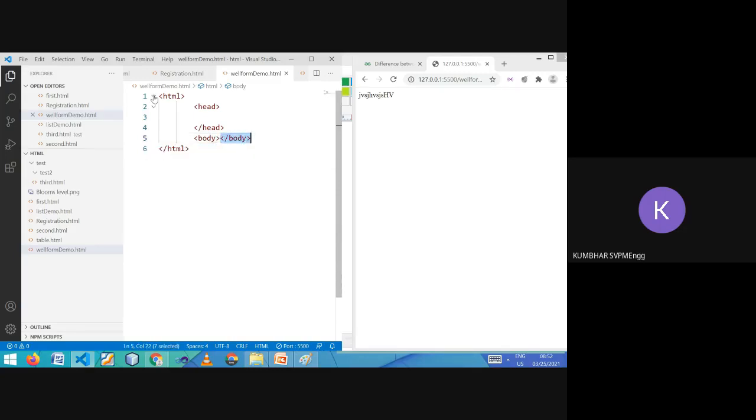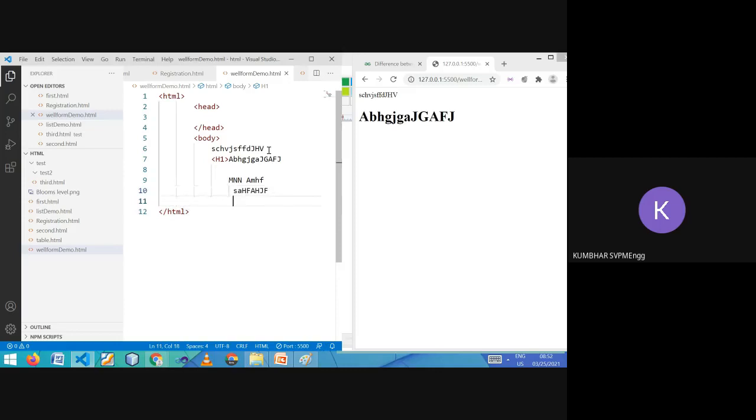But suppose the user hasn't given the end of the body tag. So still it is working. Still it is working. Do you agree with me? Even if the closing tag is not given, let's say for the head tag, I have typed something. So still it is working.